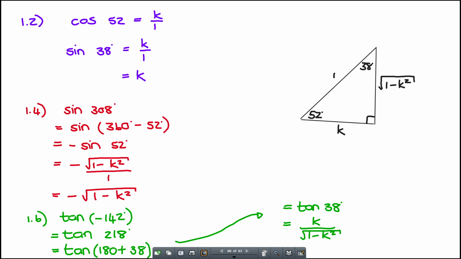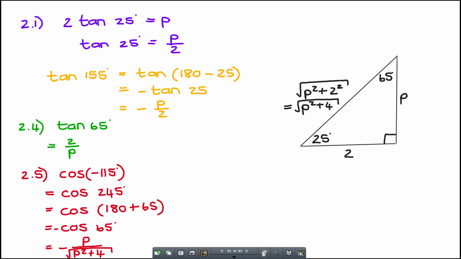Julle het ons genoeg tyd al hier gehad om te skryf en te merk. Okay, by nommer 2 sê hulle vir my, as 2 tan 25 gelyk is aan P, bepaal elk van die volgende verhoudings. Now, yesterday I gave you guys a clue and said you have to write that in terms of tan 25 is equal to something. Nee,